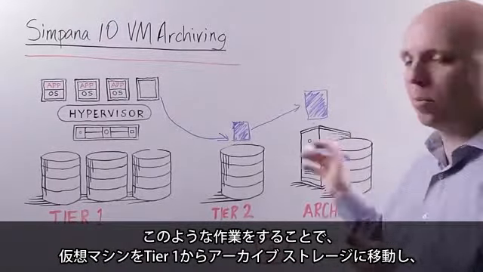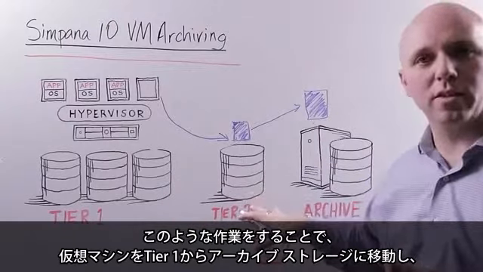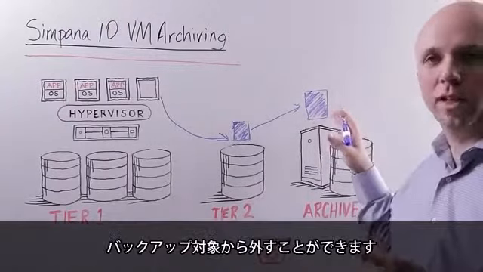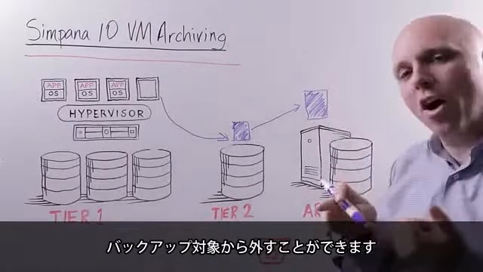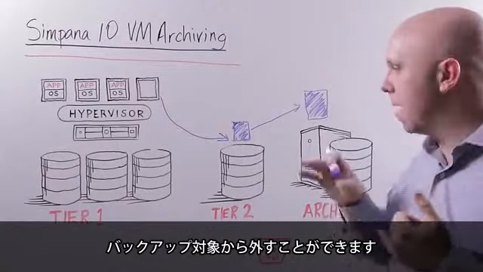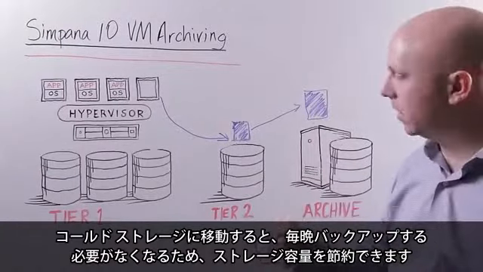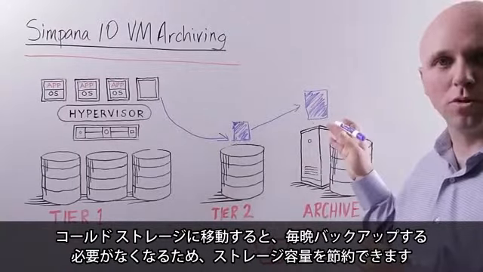So in that process, I'm moving it off of spinning disk out to this tier of storage and out of my backups. So I'm no longer backing this up every night, and so I'm saving some storage resources by moving it